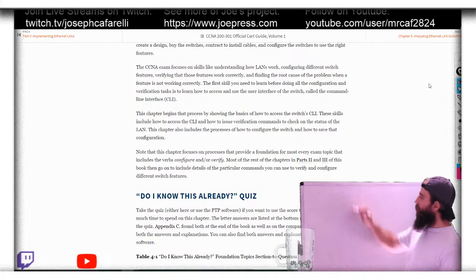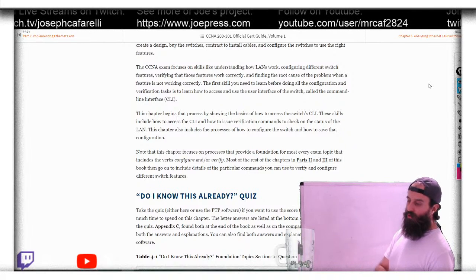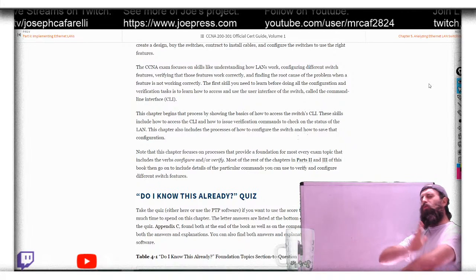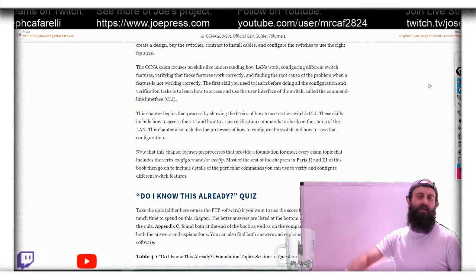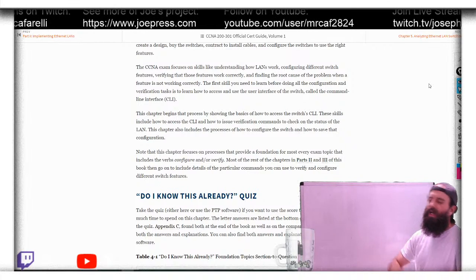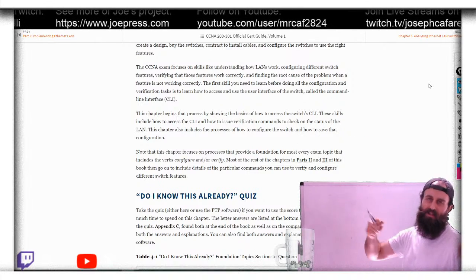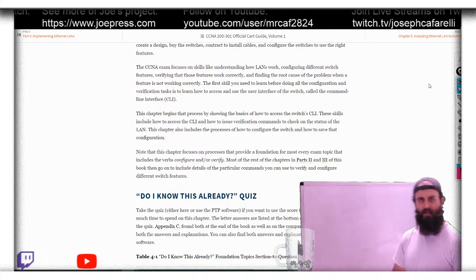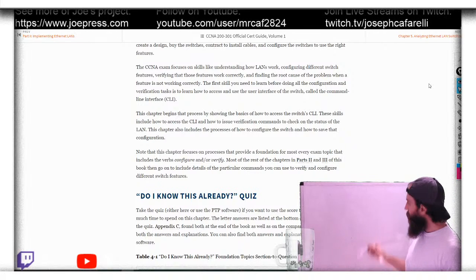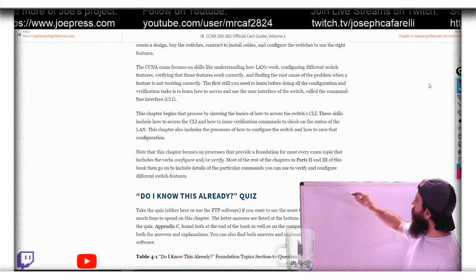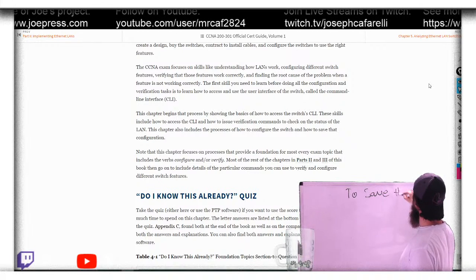So to save, again, very important, because you can do the most beautiful configuration in the whole world. I mean, it can be a configuration that has never been seen before by anybody and can work amazingly. If you don't save it, that's it. When you go to reboot that switch, it's gone. So to save the configuration,